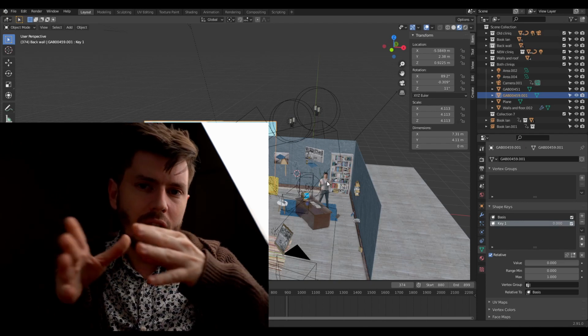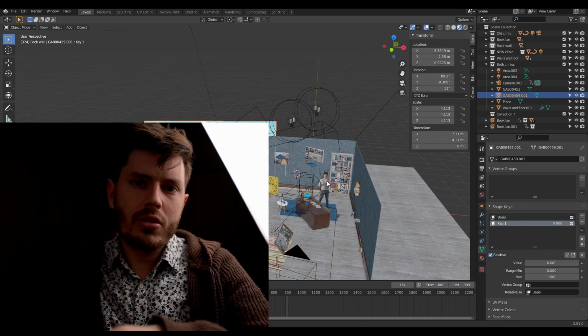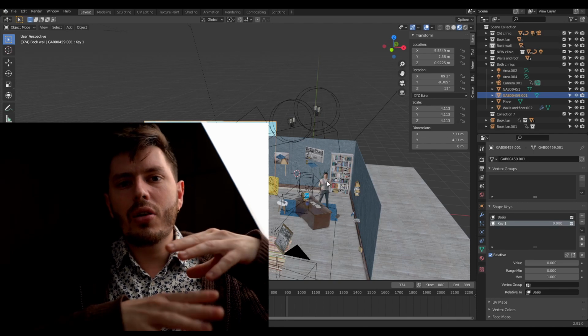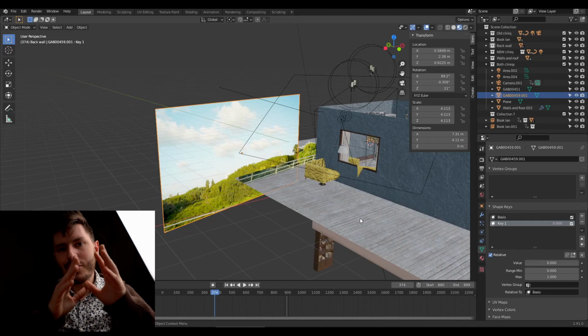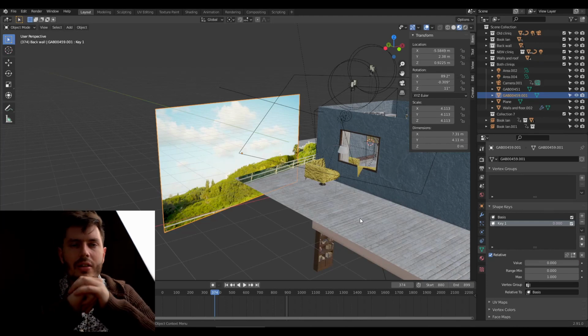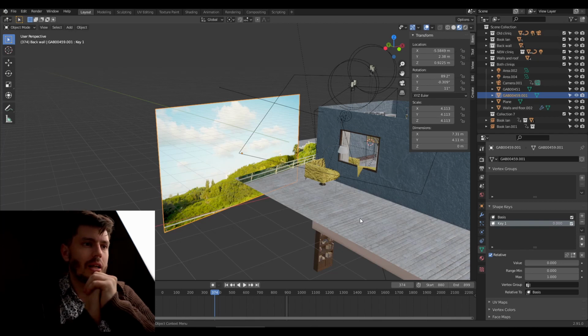So if your camera can only expose to the darks or only expose to the highlights, so should the camera inside Blender. Alright, so another interesting trick that we're using here, and this is another one from Ian Hubert's book,